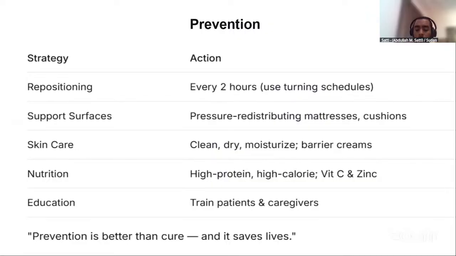And most importantly, if the patient is not hospitalized, if they are not engaging with healthcare for a long term, you need to educate the patient himself, or you need to educate the caregiver about these issues. And as we know, prevention is much, much better than cure. It saves lives, because the consequences of pressure ulcer could be very devastating, including the osteomyelitis itself, which could progress to sepsis and septic shock, and the patient could die from a very preventable